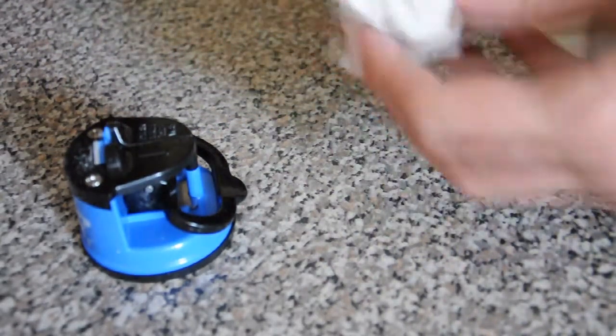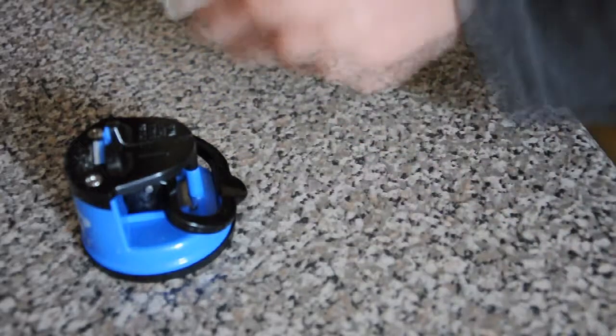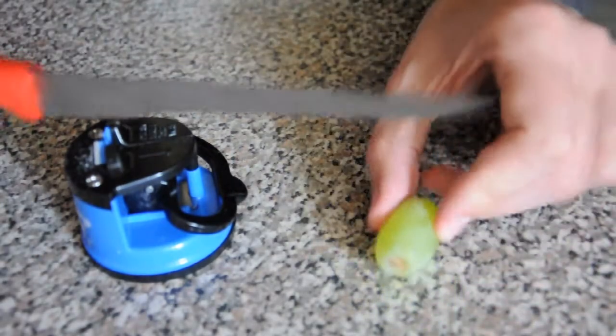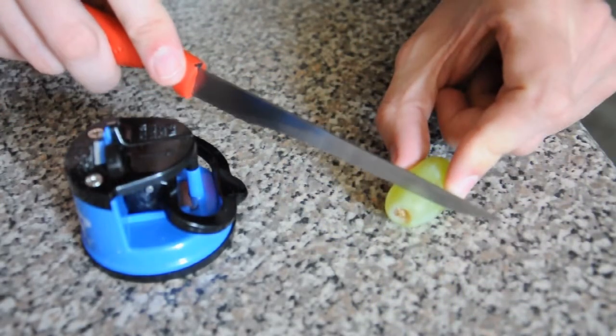I'll just clean this thing. I'll clean it again more. Let's see. Yeah, let's just do this. This feels pretty damn sharp now. Let's get the grape. I'm just going to grab a grape. The good old grape test. So, there we go. This is the grape. A new fresh grape for us to...